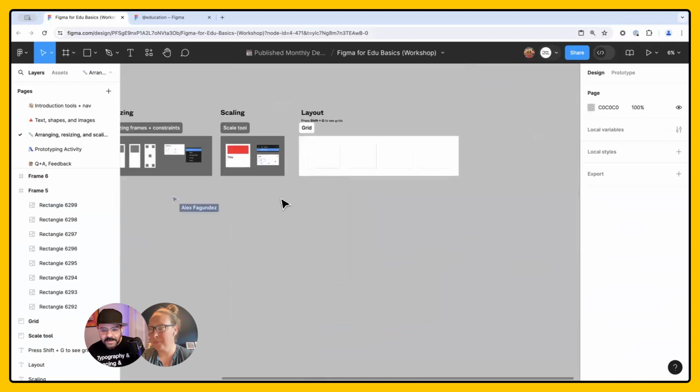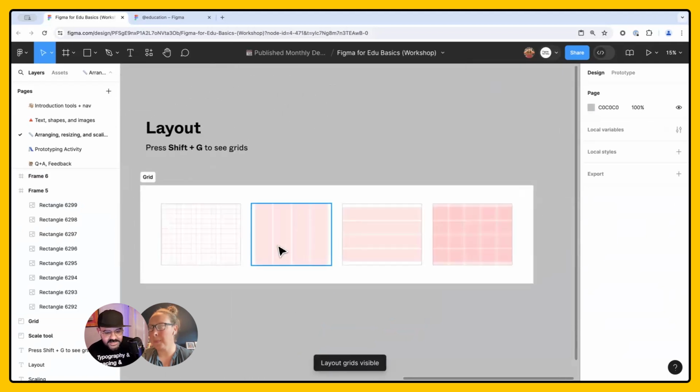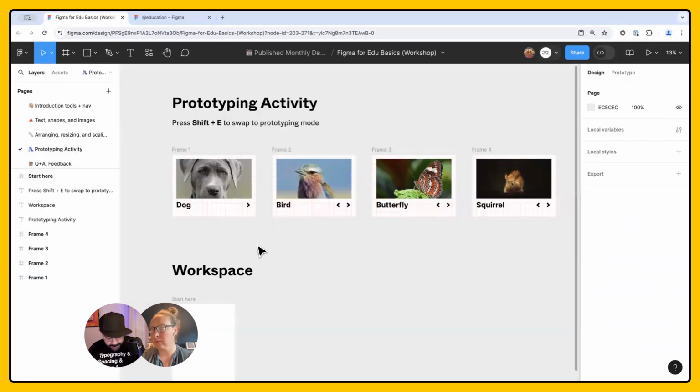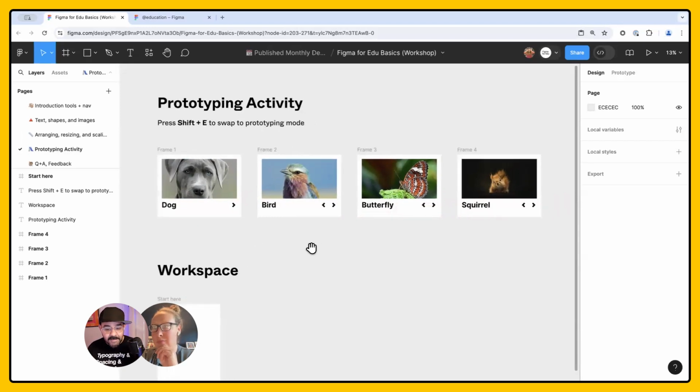Cool. All right, cool. So quickly, we're going to talk about grids and we're going to hop over to the next thing. So grids are a way that you can see an underlying structure for you to arrange your objects. So that way it can be consistent across frames. So when you're designing an app, or if you're designing an interaction, you want objects to land on the same space over and over again. You want your type to be consistent in where it lands. You want your imagery and your graphics to be consistent. So creating a grid will help you do that. I'm going to walk through the example that we're going to make together.